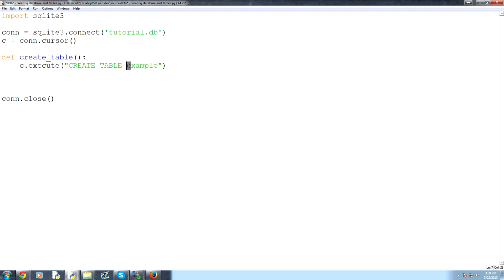You can capitalize the first letter, but generally the standard is that people only use all caps for SQL stuff. And that's going to help down the road if you need help on your code or you're trying to look through your code and figure out how something works again. It's a lot easier if you keep it nice and structured like that. So anyways, we CREATE TABLE example, and now